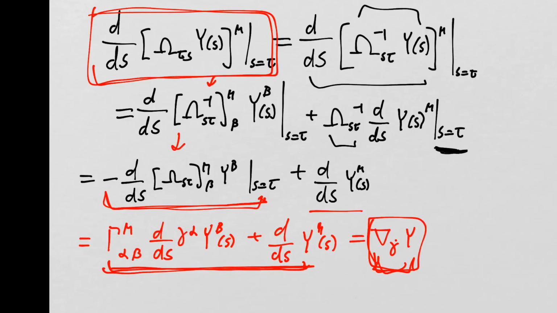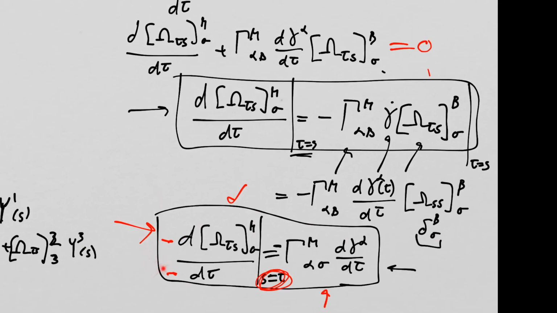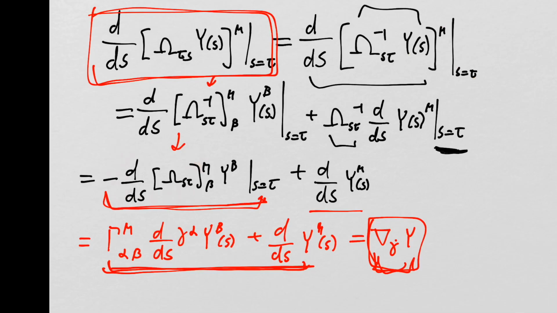And now I've already written down the next step after we take this guy here, and we are going to now substitute in for this expression based on what we learned here, right? That the derivative of omega ts with respect to t, evaluated at s equals t, is these connection coefficients times the derivative of the curve itself. So I can make this substitution right here. And that comes from that prior work we did, and then of course the y beta comes down, and then I evaluate it at s equals t,